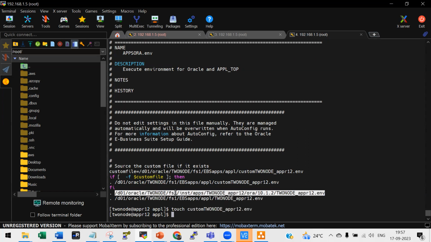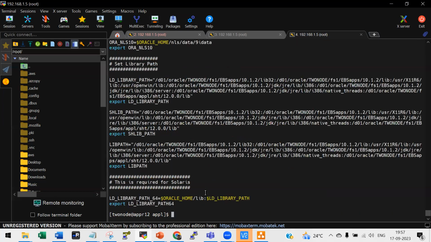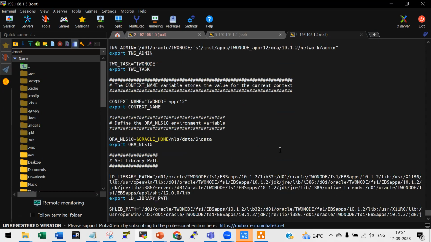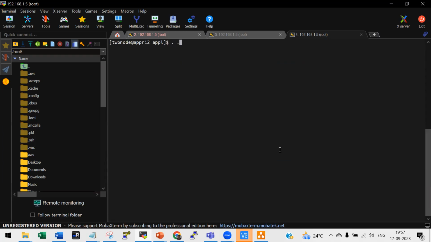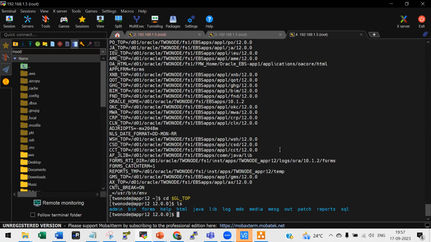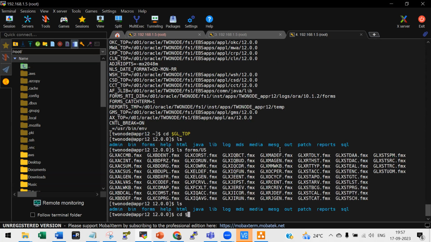It is also calling another file. It is also calling this file. It is also calling this file. If you open this file, it has some environment file settings. That's the reason why, when you run this apps environment file, the entire environment is set. From here, if you want to go to GL top, you can go. And if you want to go to forms and you want to go to US, you can go here. If you want to go to AD top,